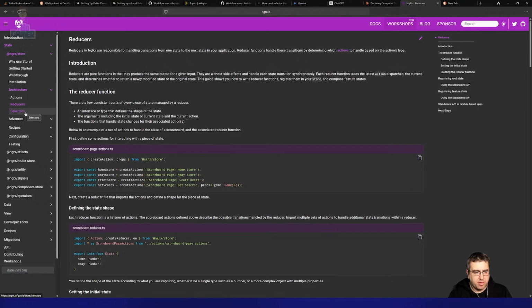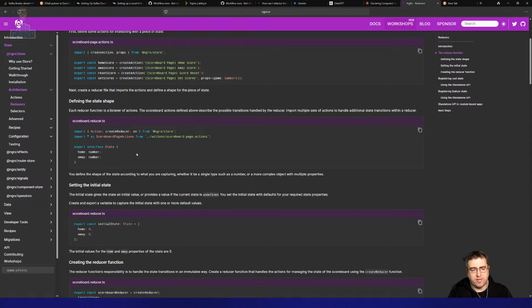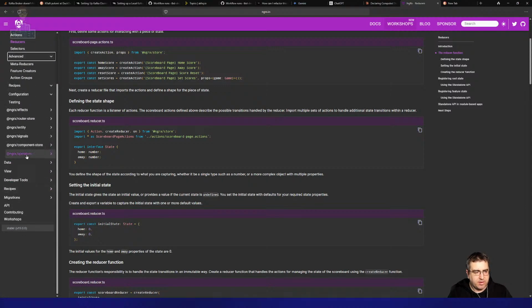But I've probably forgotten more about that than the actions and the reducers and all those things. With signal stores you don't have all that. With signal stores you basically